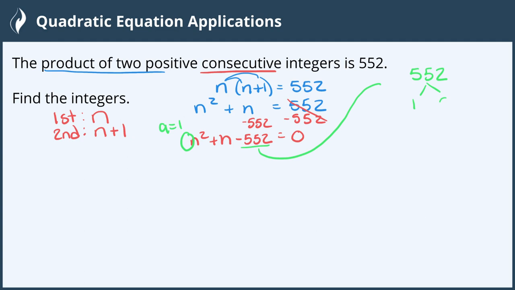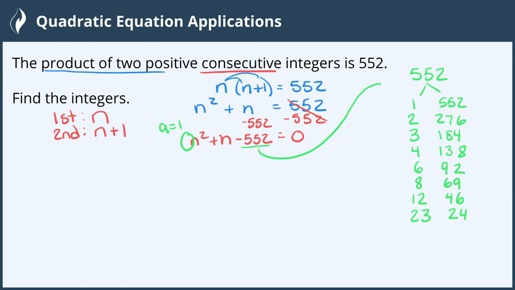Starting with 1, we have 1 and 552. It's even, so it'll be divisible by 2, which is 276. 3 also goes into 552, 184 times. 4 will go into 552, 138 times. 5 will not go into it evenly, but 6 will, 92 times. 7 will not go into it, but 8 will, 8 times 69. 9 will not go in, and neither will 10, nor will 11, but 12 will, 12 times 46, and then the next one is actually 23